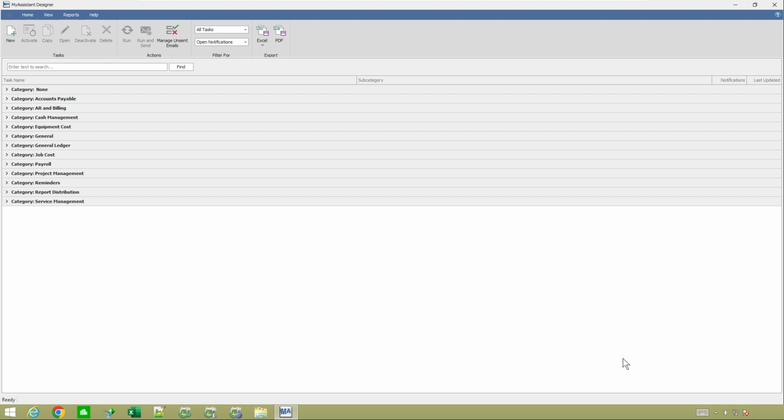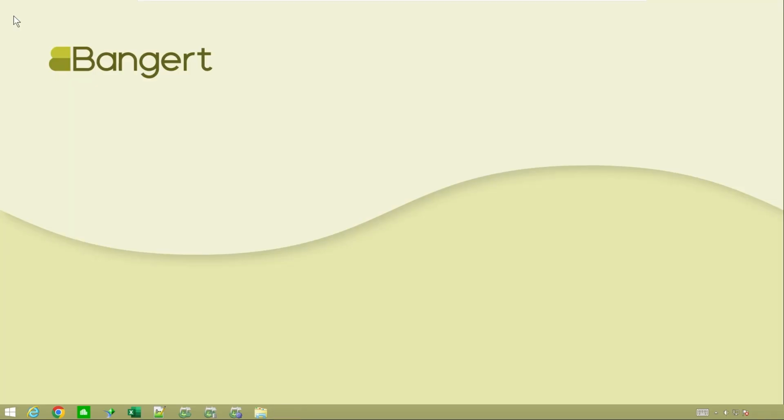If you did not have a new enough version, you went to File, you went to Options, and you didn't see that option I just showed you, in that case, you will actually need to remote into the actual server itself. The server being the main system that hosts the Sage data. You may need IT support to help with that.